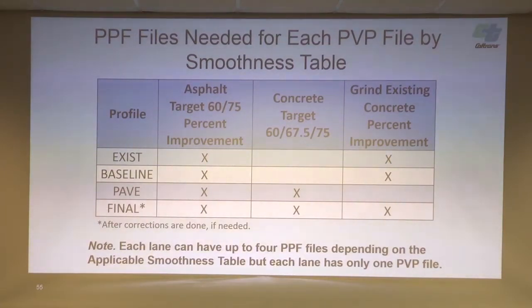So, Peter, I have a question on that one. We have a project where we have a claim. We're trying to see the percentage improvement after they pave and before they do the final corrective grinding, but because they are not required to submit, they did not submit. So would it be important to include it, so they submit? Well, you have an asphalt project right now where there's a claim. Yeah, it happened 2 years ago.